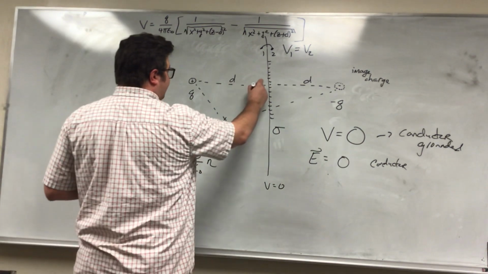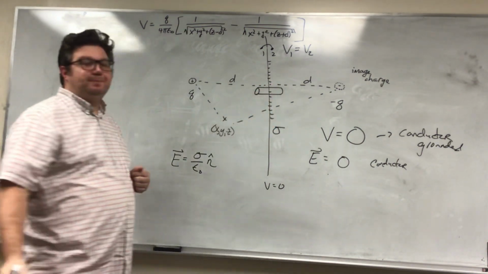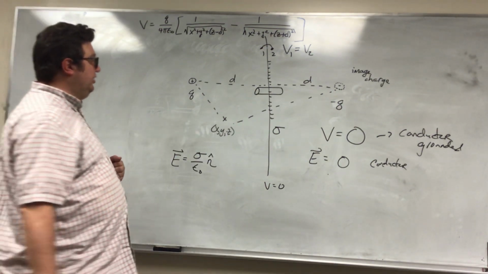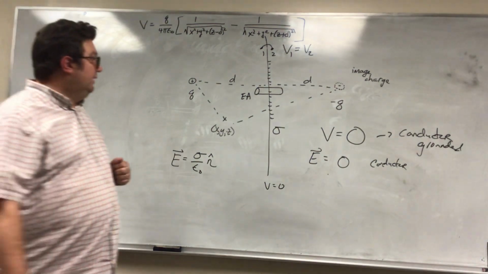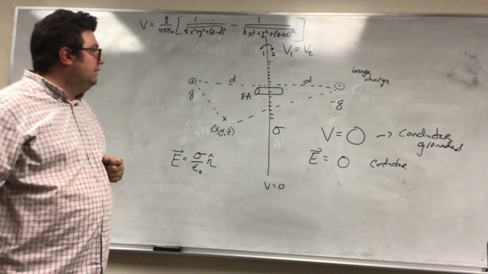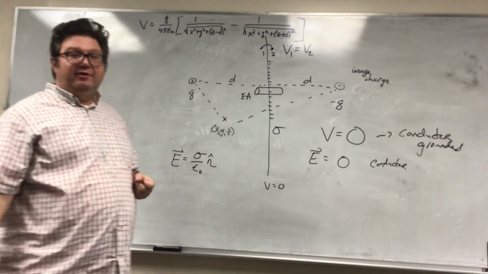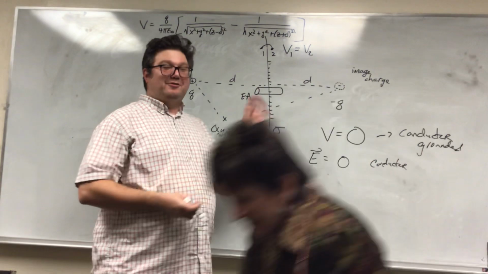Well, we take a little Gaussian cylinder here, along that thing, and you know that this side's going to be EA. Any field is going to come out of these charges, and it'll be perpendicular to the area pointing out. So the,